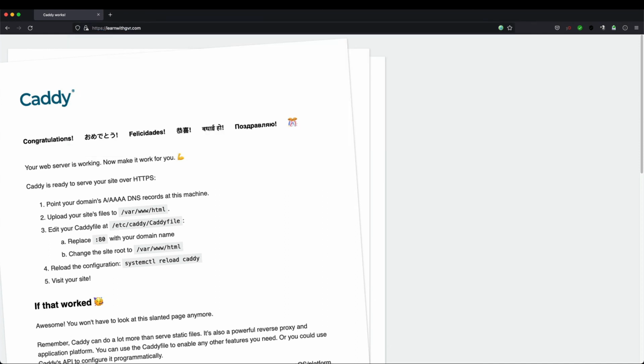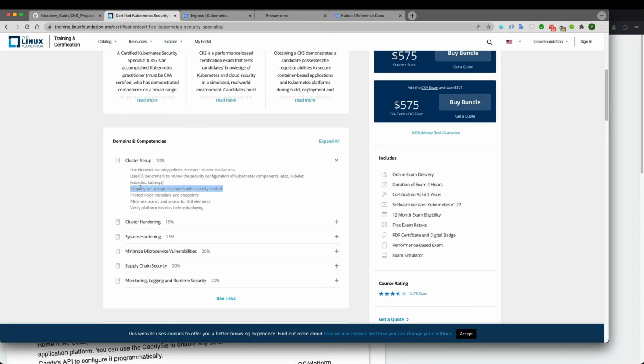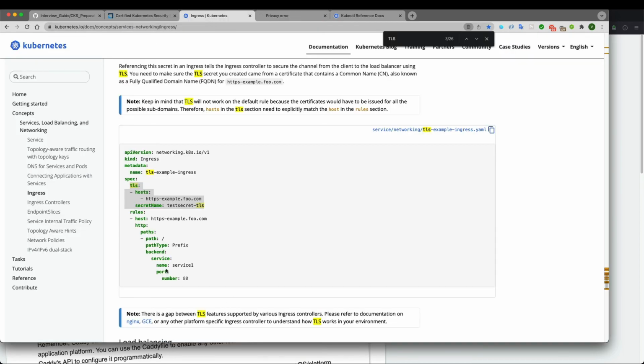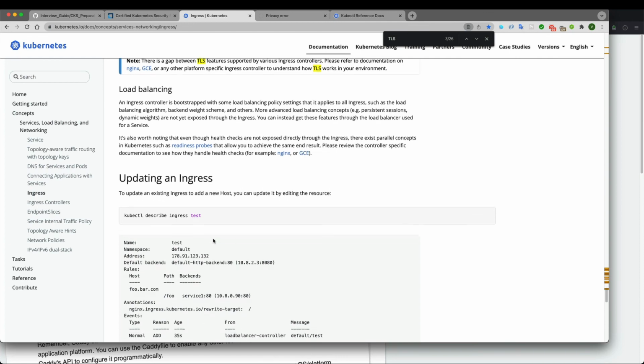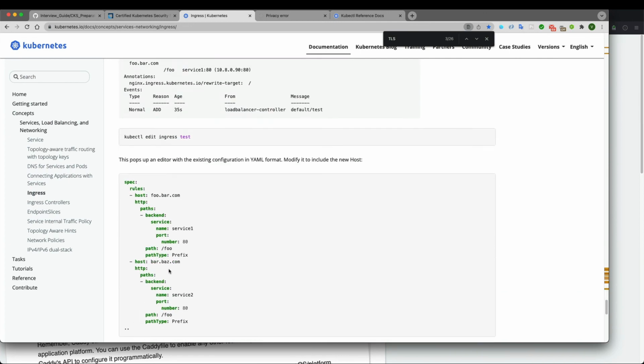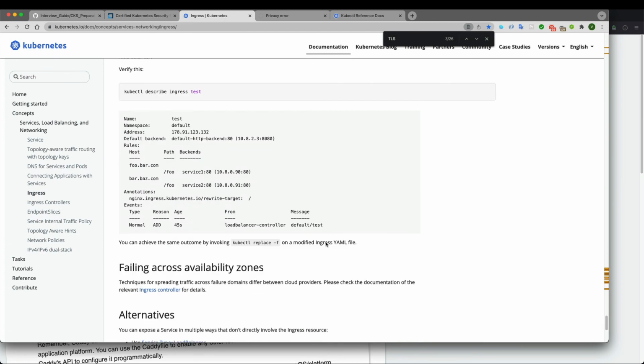So this is how we can achieve the objective of properly setting up an ingress object with the security control. The documentation says that you need to have this TLS section under the spec, and you need to mention the host you are using and the secret, and this secret will have its certificate. So this is the section. If an exam comes up with the same question, then you can use that. For multiple domains also, you can use a certificate, sign it with the CA authority and use it.